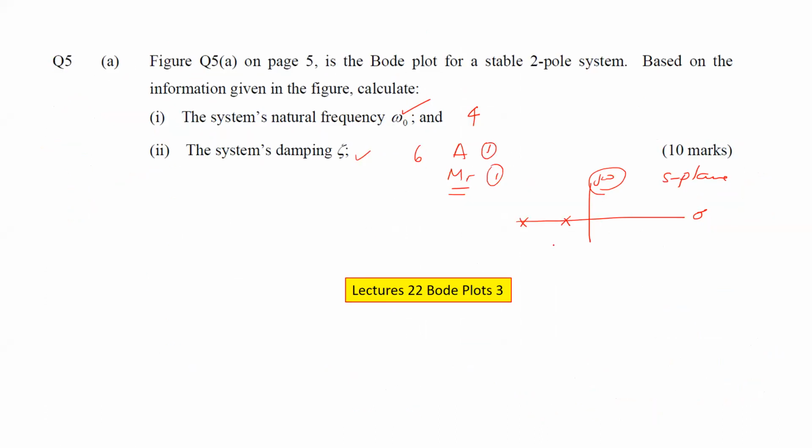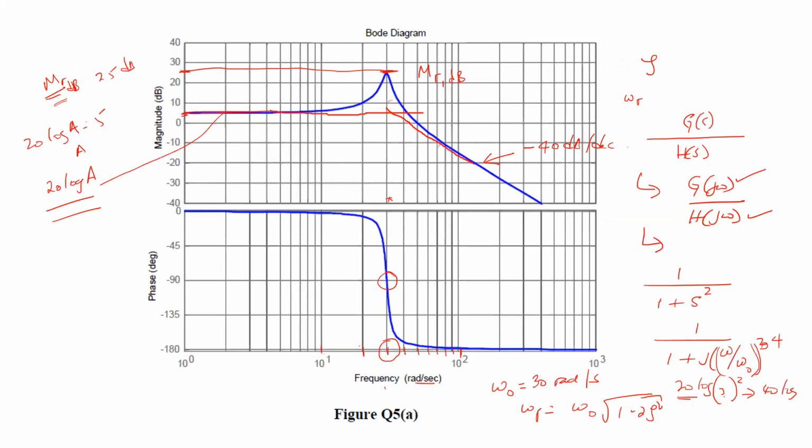Okay, and then from this now, you're going to get two values of zeta, and I expect you to be able to know that the value, because of this sort of graph, because you're seeing that you have a peak here, that zeta is somewhere closer to 0. So when you solve it, I expect you to be able to pick that out, and then you get the rest of the marks for that. So questions. See, very straightforward,